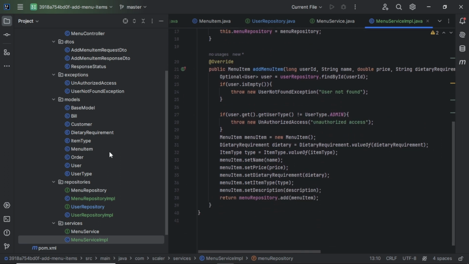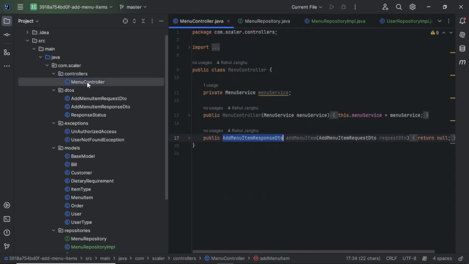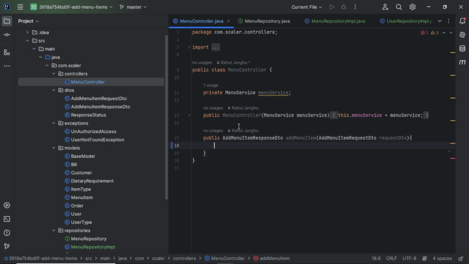Now we will move to the last part of our implementation, the menu controller. Inside of the menu controller, we have to implement this method, so we will remove this return type from here. It has already created an instance of menu services.